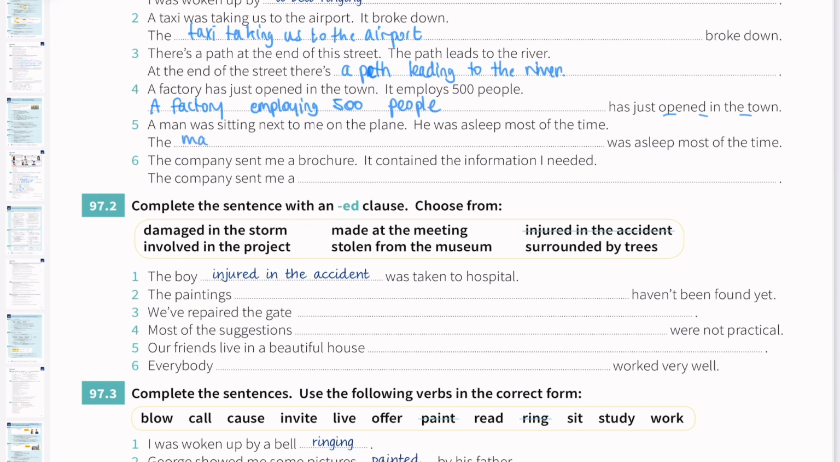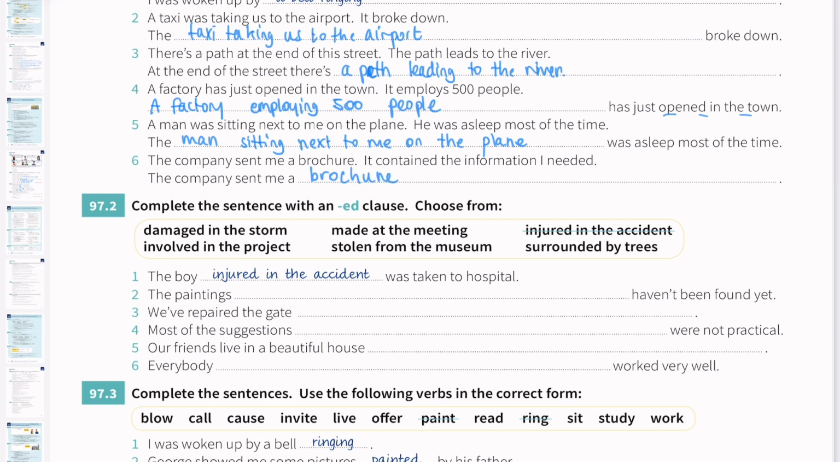The man sitting next to me on the plane. And then was asleep most of the time. And the last one, the company sent me a brochure. It contained the information I needed. So the company sent me a brochure,